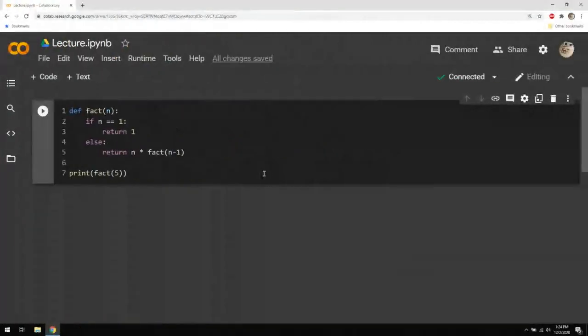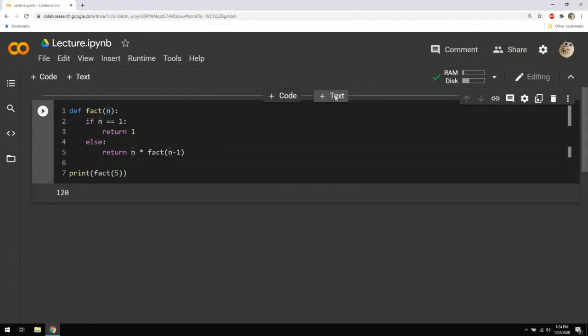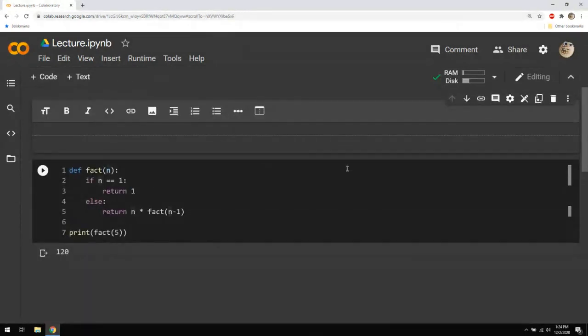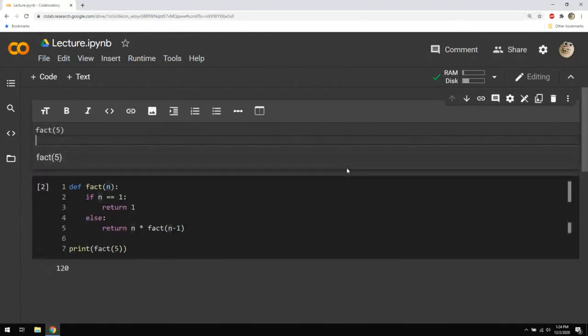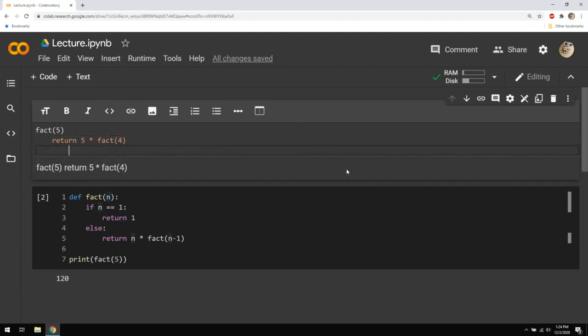So let's do a quick test. I already copied it over. I hit run: 120. Why? Let's think. The first time I call fact, I'm asking that, right? But then I go inside, and n is 5. Is 5 equal to 1? No. Then we return n, which is 5, times fact of n minus 1, which is 4. Now we're inside fact 4. Is 4 equal to 1? No. So we return 4 times